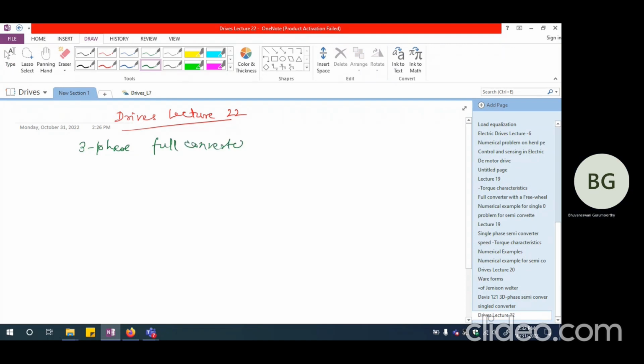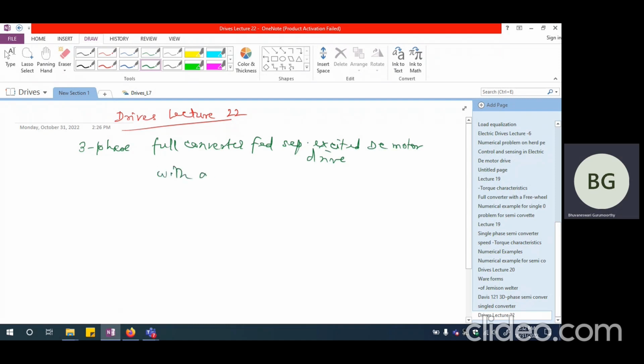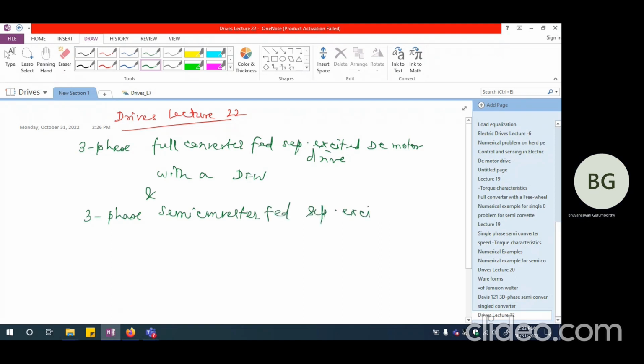fed separately excited DC motor drive and with the freewheeling diode, and three-phase semi-converter fed separately excited DC motor drive. So what we said was, when we put a freewheeling diode, the negative portion of the voltage